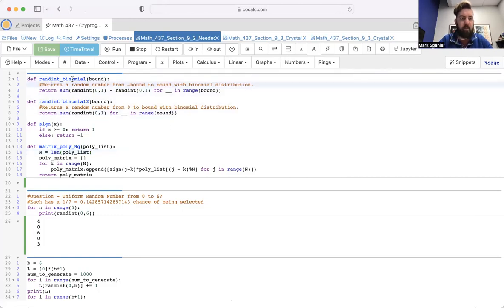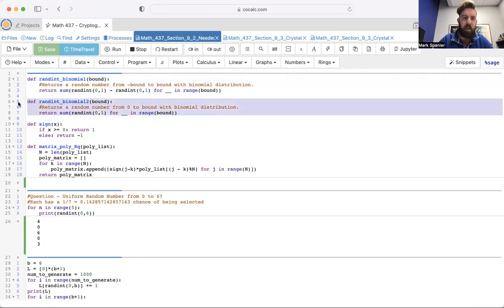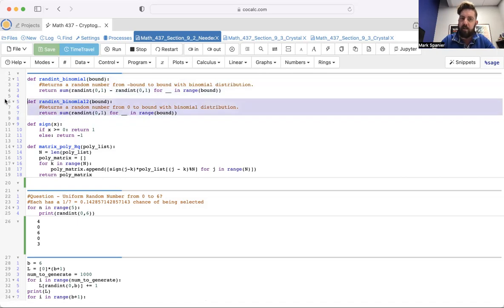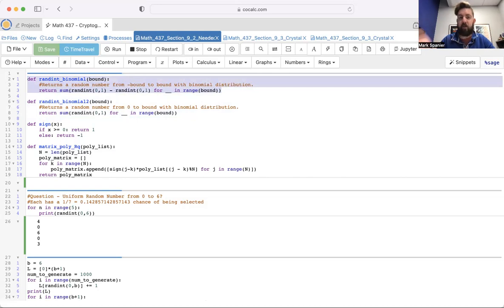We're going to have rand int binomial. That's going to be kind of our original one. I guess I shouldn't say it's the original one. This is going to be my original one, which is going to generate those things from 0 up to our bound b. And then the one that we're actually going to want to use is the one that doesn't have a number on it. It's just going to be this rand int binomial, and that's the one that's been shifted backwards a little bit. So in that previous example, this would be the one that generates numbers from 0 to 6. This one would then be the one that I'm going to want to generate numbers from -3 up to